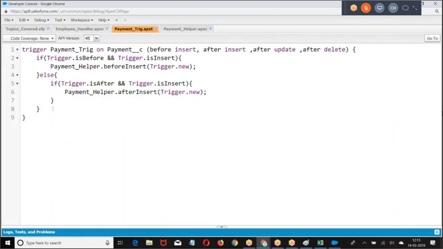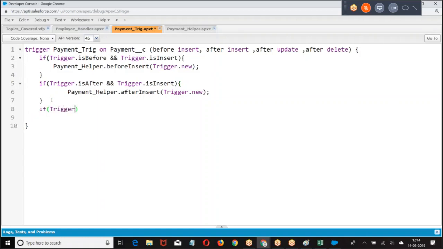So how do you write the trigger? Even this, let me make it simple for you. After delete, if Trigger.isAfter and delete.